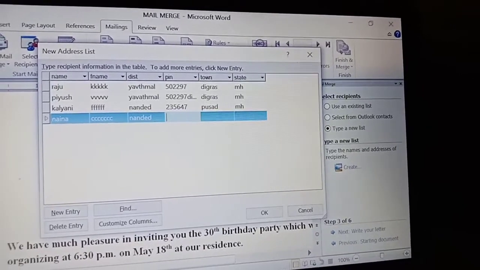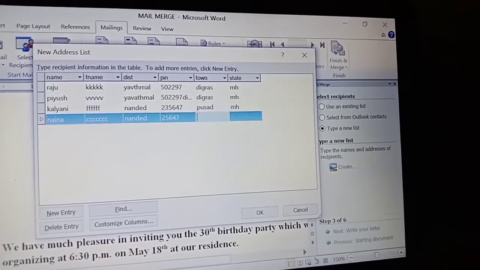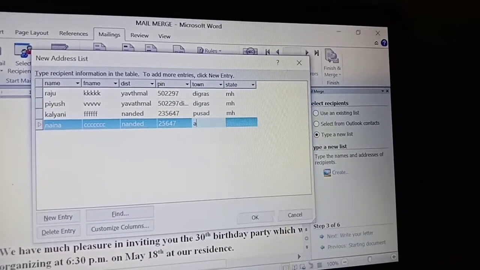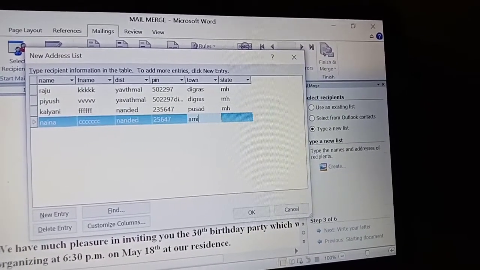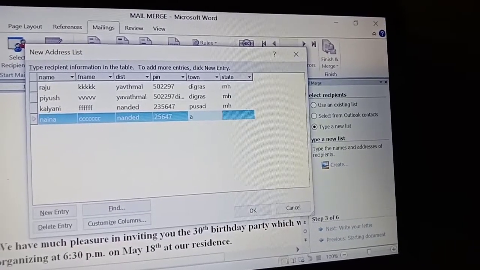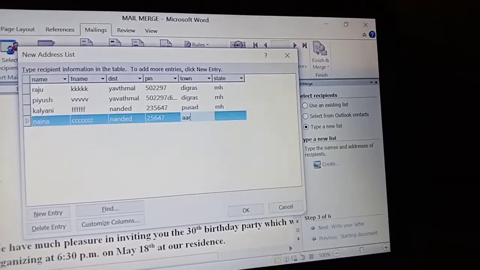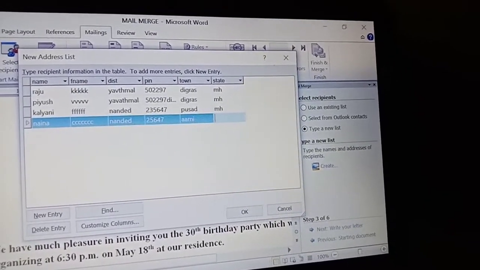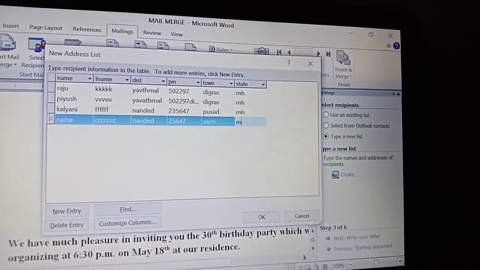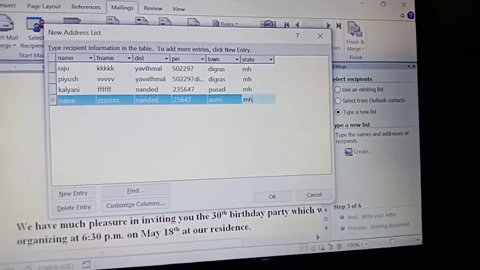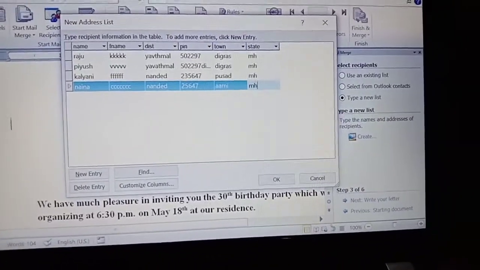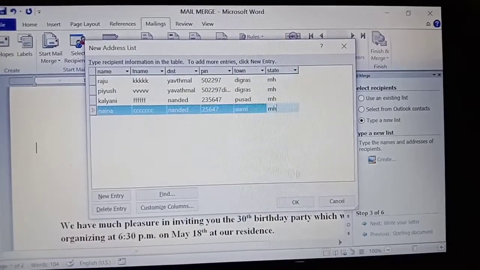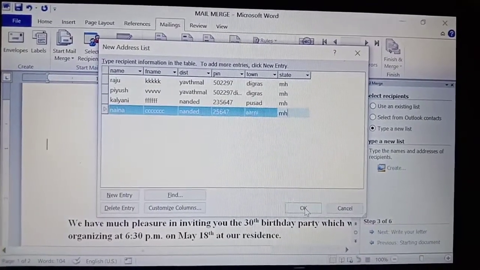Okay, Naina taken. Again Pusad, Arni, I am taking Arni. Okay, only 4 members I am inviting for my birthday party. If you want to invite 10, 20, 30, 40, 50, 100 also you can invite. That means you have to provide the details of all the